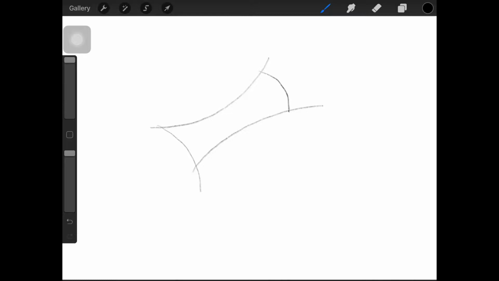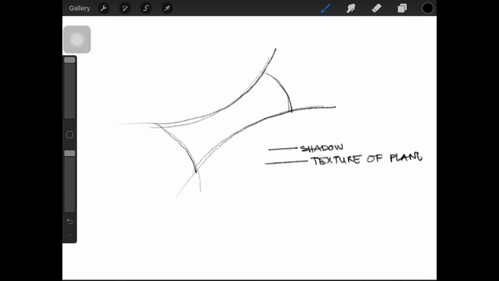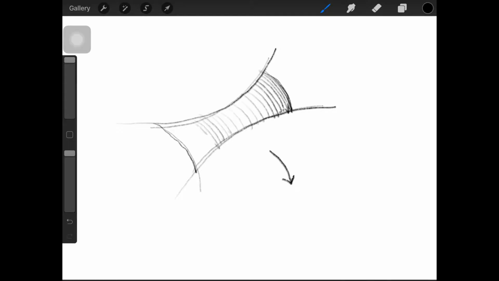So let's say we are making a curved figure. So according to the surface that I am shading, my strokes would change. If I'm doing a curved surface here, I would be using curved lines to do my hatching. So whenever we are hatching, we are just going to be keeping the kind of texture of the plane that we are shading on. If it's flat, the hatching would be flat, and if it's curved, it would go accordingly.